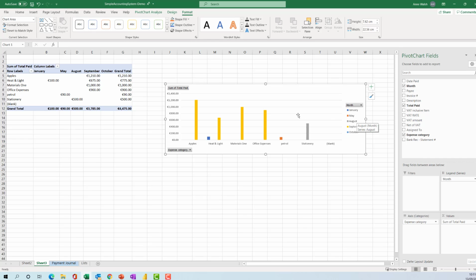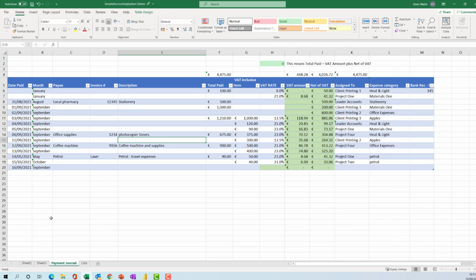Right. And again, the thing is that if, for example, I come back here and look, I have January, May, August, September, October. If I go back here to my payment journal, I realize, oh, actually, I should have put something else into this. So, for example, if I come down here and say that should actually be 15th of the 9th,